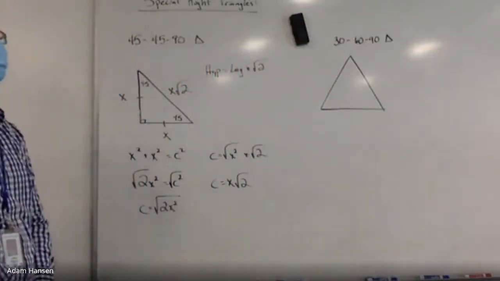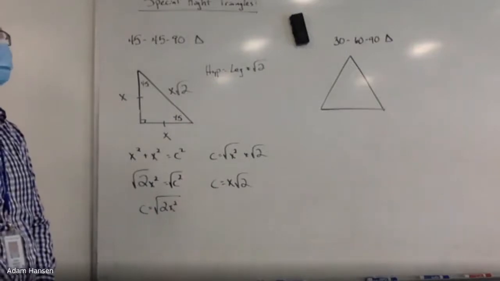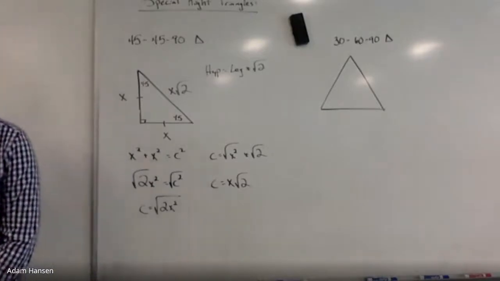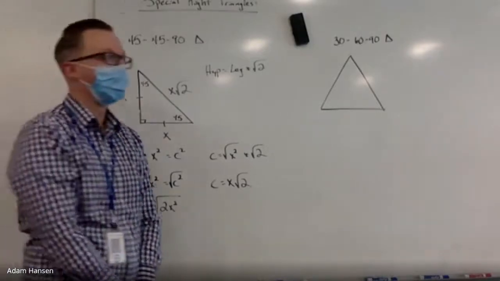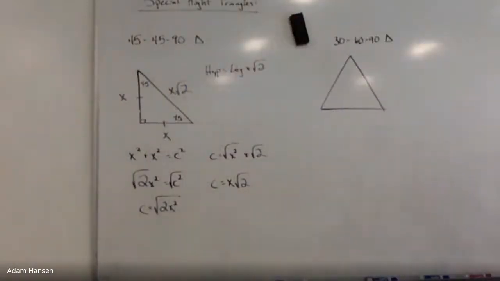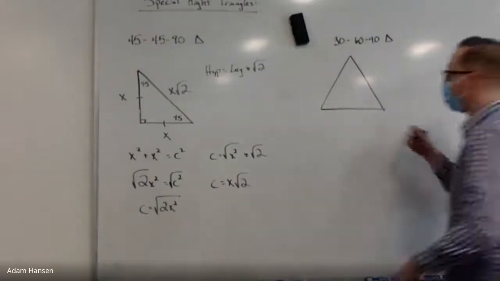This is an equilateral triangle. All the sides are the same, so therefore all the angles are the same. If all the angles are the same, how big is each angle measure? 60. Why 60? Because if you take 180 divided by 3, I have 180 degrees to split up and go evenly across 3 angles. So 60,